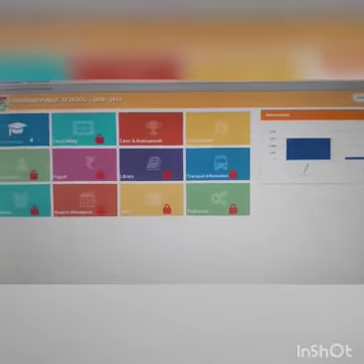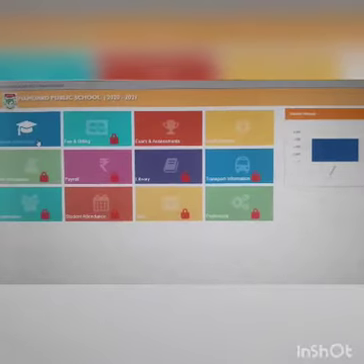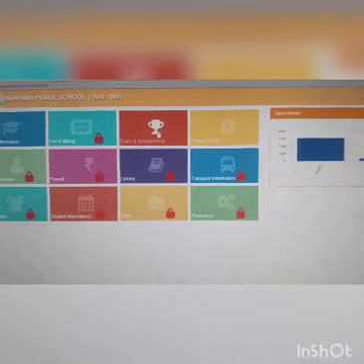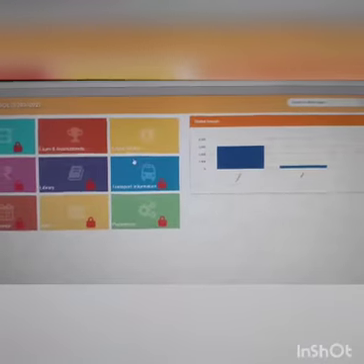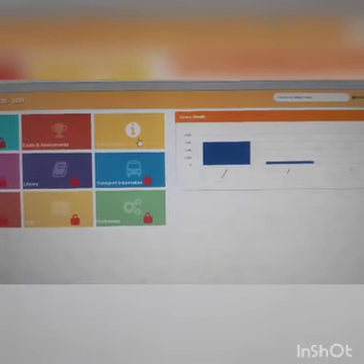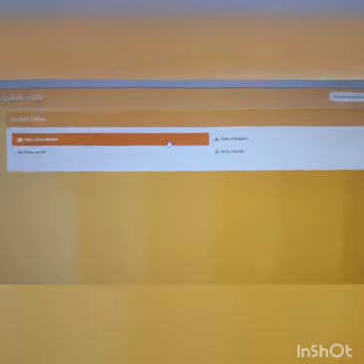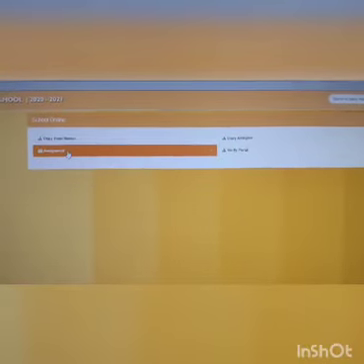As you could see, the other options are locked. We only have access to the student information and then to the exam and assessment, and I have been given the School Online option on my account. So we'll click on this. When we click on this, we have these tabs activated for us. We go into this assignment tab